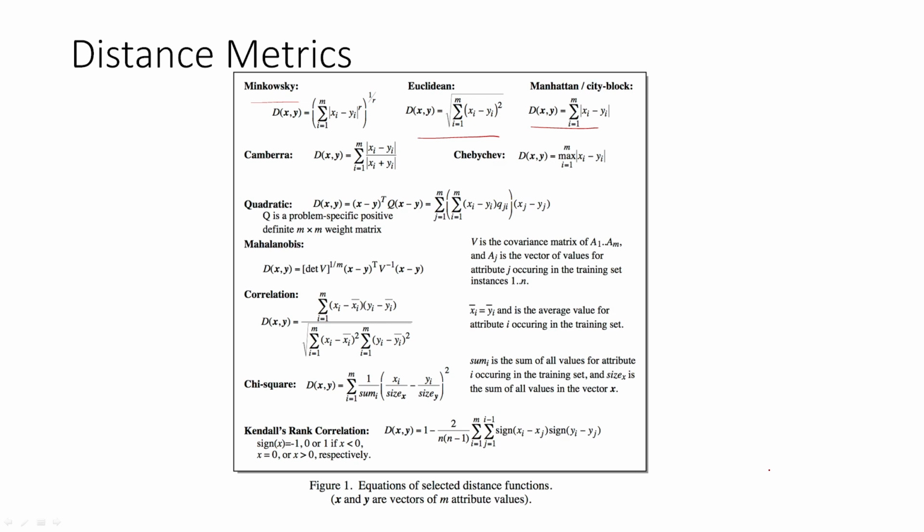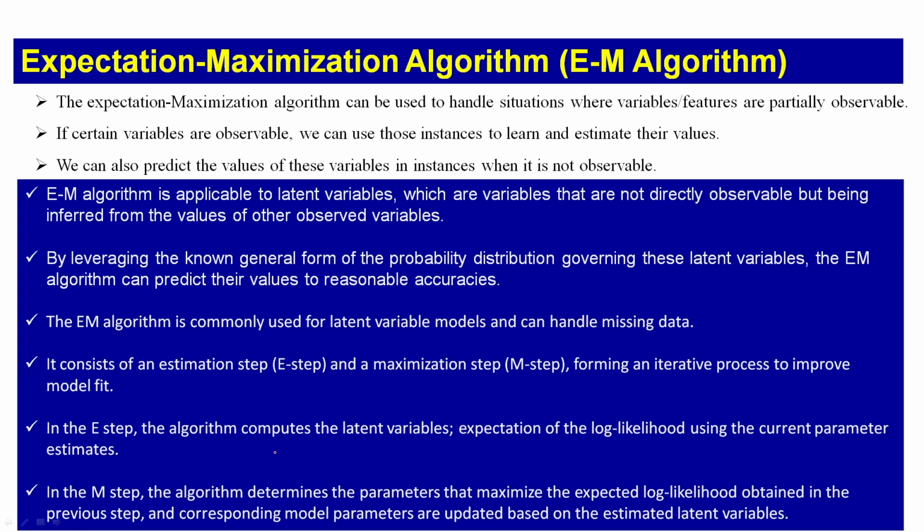So, we will not talk about much more, but at the end I want to show you the different distance measures. I know we only talk about Euclidean when you do mathematics, but there are many such measures like Minkowski, Canberra, you can see here, Chebyshev, quadratic, Mahalanobis, named after the Indian scientist P.C. Mahalanobis, correlation based on certain kinds of probability functions, chi-square, kernel rank, there are many more actually. I have just given you some charts, and this is very important, you can use one of these.